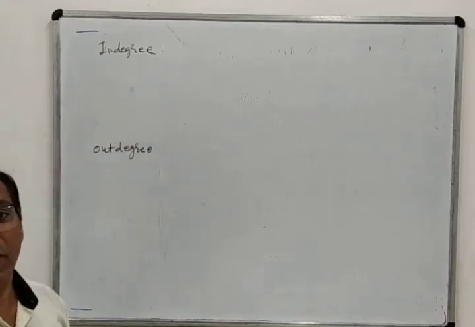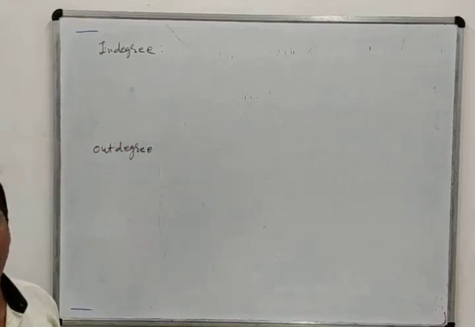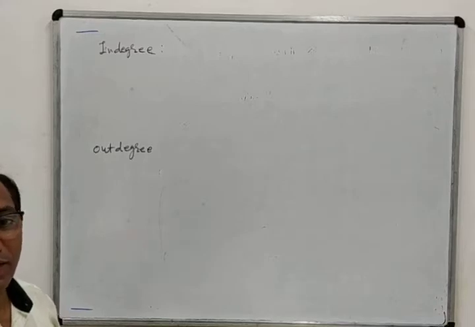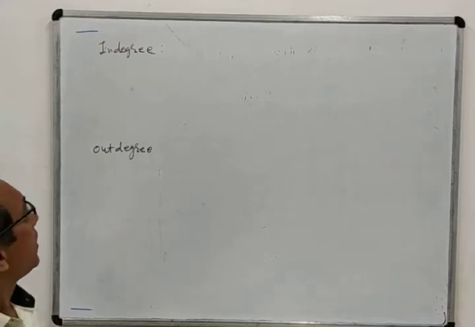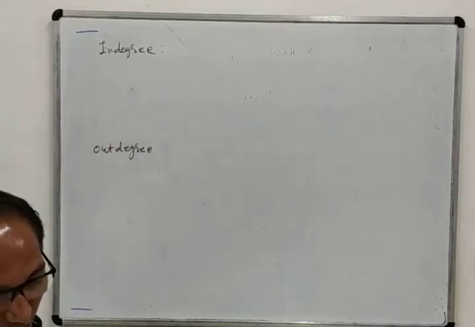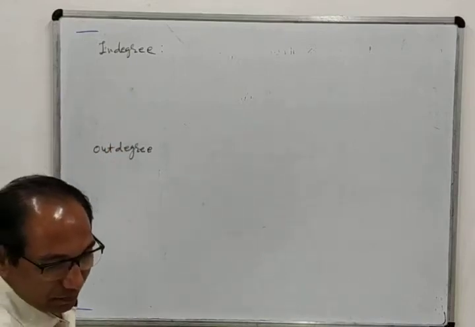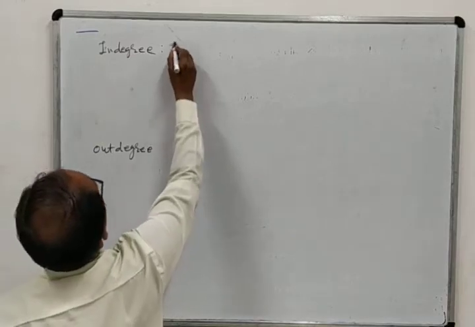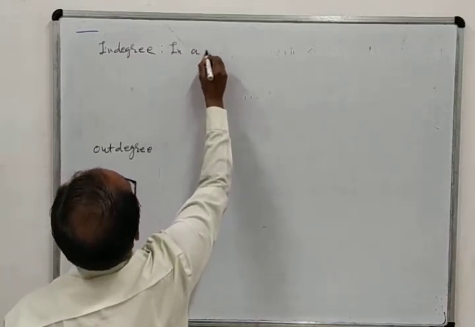Normally we use the word degree only, and this word degree we use for an undirected graph. But if we are given a directed graph, then we use two different words, in degree and out degree. So here in a directed graph,